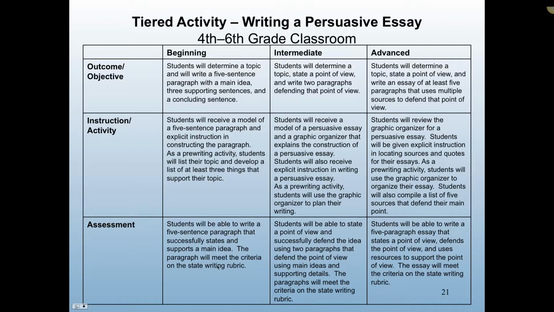All right. And then when we assess them, and sometimes we screw up here, because sometimes we don't ask a lot of all of our kids, but then we assess them all in the same way. Okay. So maybe this student at the beginning only has to still write that 5-sentence paragraph that shows the support and the main idea and will meet the criteria of our state writing rubric. All right. Here, the student does a little more, and here they do the most. Okay. Fair? They may not think so, okay? Better for them? Absolutely, okay?